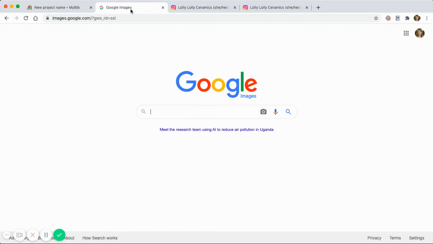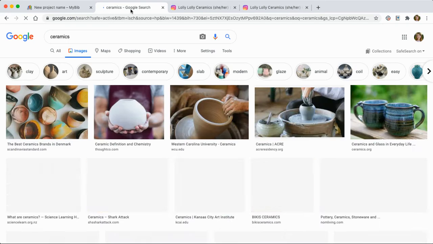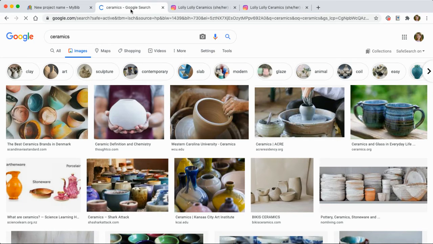Now, like I said, Google Images is a little different than Instagram because it has one extra step in it. So I'm going to look for pictures of ceramics. If I could spell it correctly, that would make things a little bit easier. There we go. So I type in ceramics and I get all these amazing pictures of ceramics. So I want to use some for my inspiration book. And I love this picture of these two blue mugs right here. So I'm going to click on the image